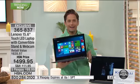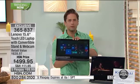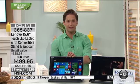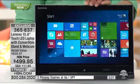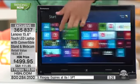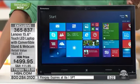Today it's only $499, and then you can turn it into really a portable movie screen, a portable tablet that stands on its own. You don't have to have it in your hands. It's got battery life that gets a lot closer to what the tablets deliver, but then you're not choosing between the two. And when you look at the Windows operating system, I don't know about you, Joe, but when I look at this, I say,